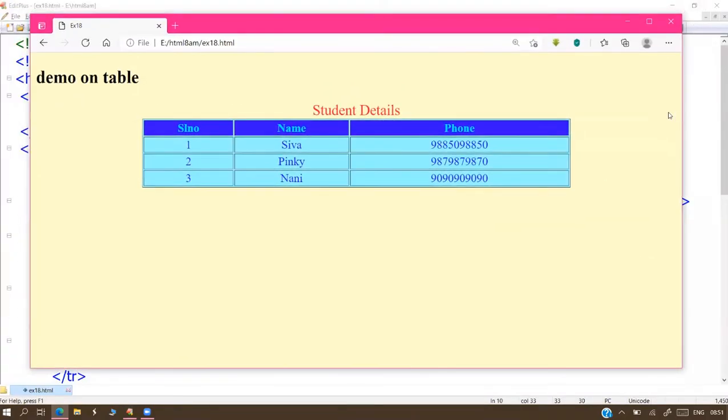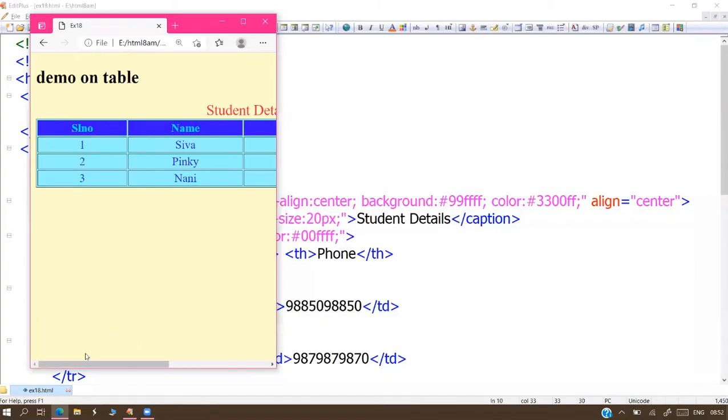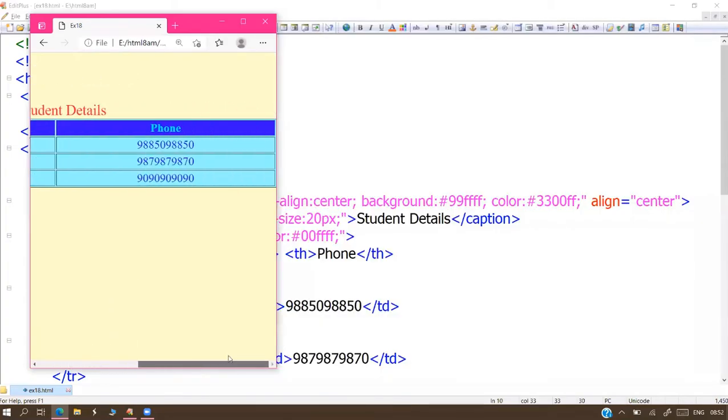So when you are reducing the browser size, the table doesn't change its width. See that browser width changing, but table width not changing. The table width is not reduced, and the scroll bar is activated with the 600 pixels fixed. See that. Again, when the browser is increased, the table stays the same size because we gave the fixed width of 600 pixels. That's all.